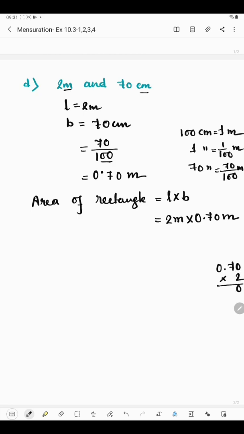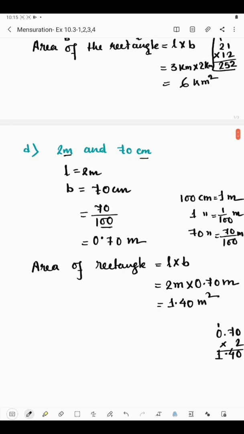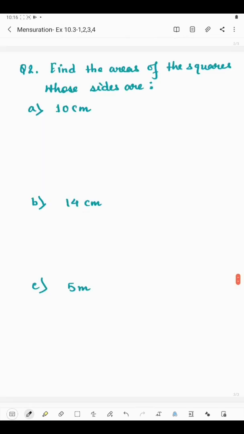So 2 zeros are 0, 7 twos are 14, 4, 1 carry. Now 1 will come down. So after 2 places decimal is there, so we will have to put the decimal after 2 places. So it's 1.40. Now meter multiplied by meter is meter square. So area of the rectangle will be 1.40 meter square. Okay. Now coming to question number 2. Question number 2 says find the areas of the square whose sides are, in the first part we have